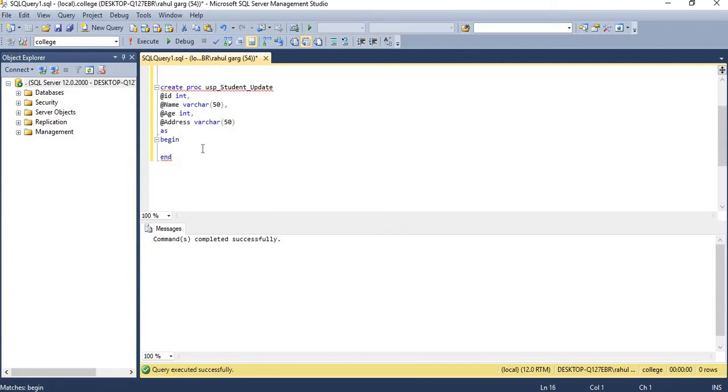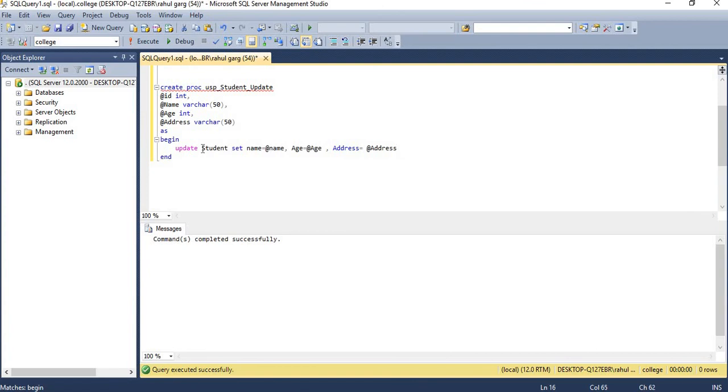Now we will write the update command here, update student set name equal @name, age equal @age, address equal @address.